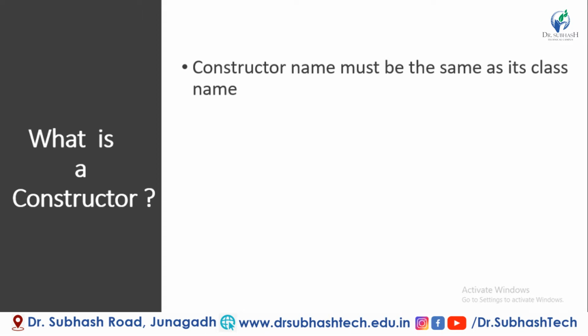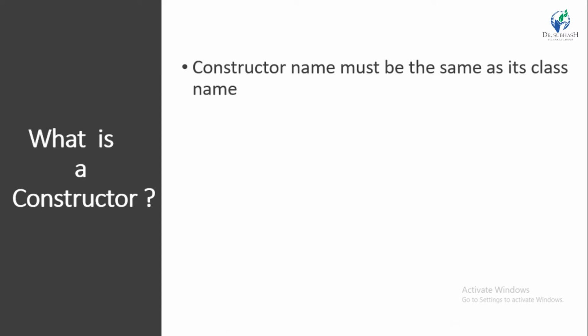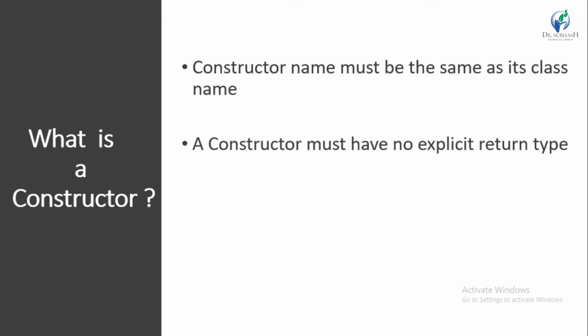So what we are doing exactly is defining a class, and in the class we are defining a method. We call the method a constructor if and only if condition number one holds: the name of the method should be the same as the class name. This is rule number one. Rule number two is that a constructor must have no explicit return type. Let's say we define a method like void add and void display. Void is the return type, like integer, float, double, void are return types. A method can have a return type, but a constructor should not have a return type. That is the rule.